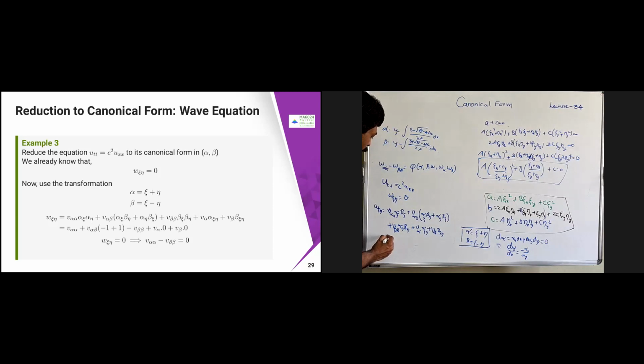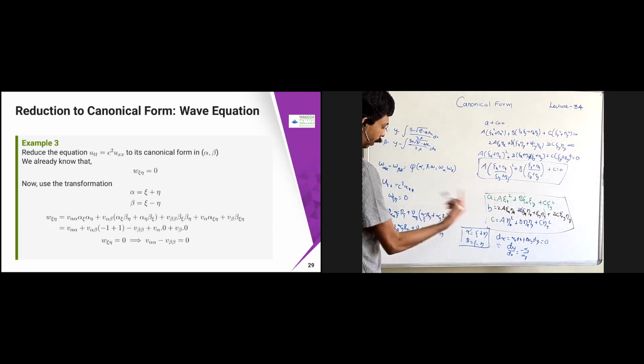Therefore, this is going to become b alpha alpha. Alpha eta alpha chi is 1, beta chi is 1. Therefore, this is 1 alpha, then plus b alpha beta. Alpha chi is 1, beta alpha eta is 1. This one will cancel, so this will not be there. Then b beta beta. Alpha chi 1, beta chi minus 1, therefore minus is going to come. Then alpha chi eta is going to become 0, beta chi eta is going to become 0.